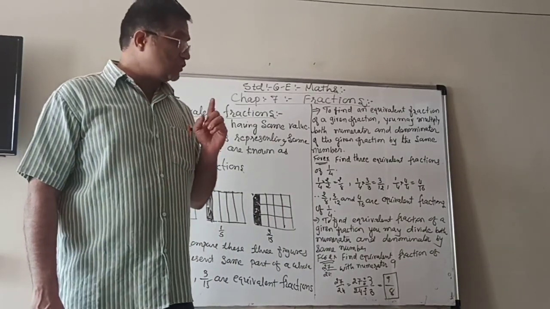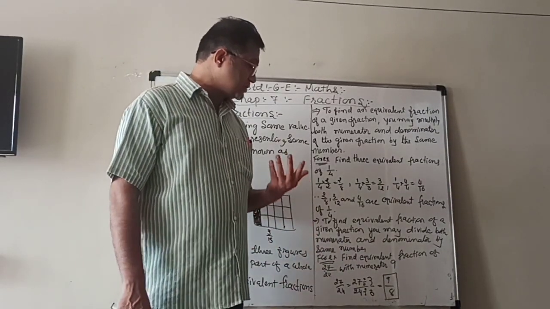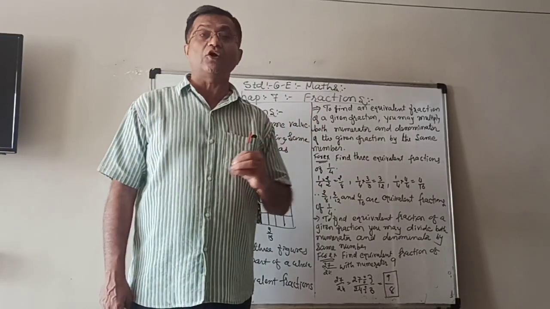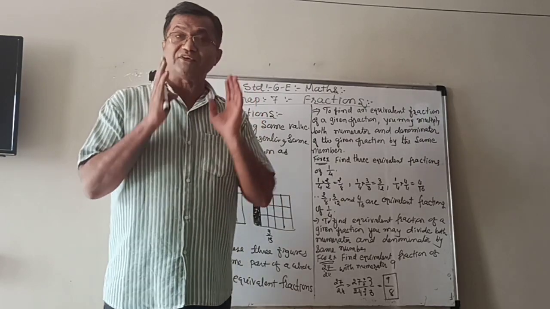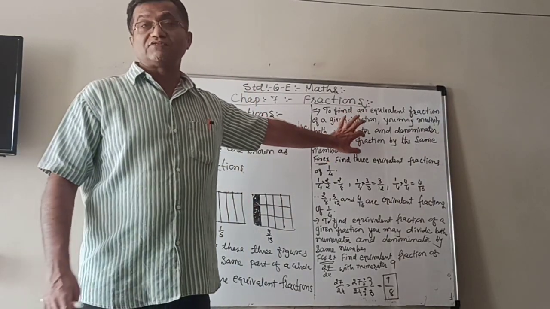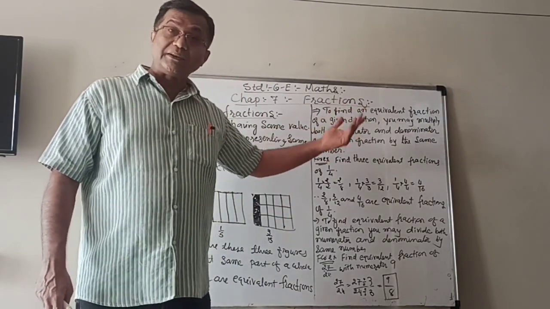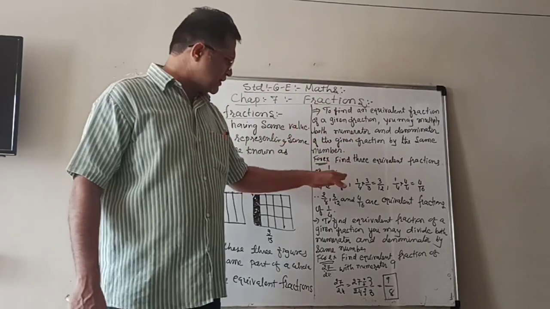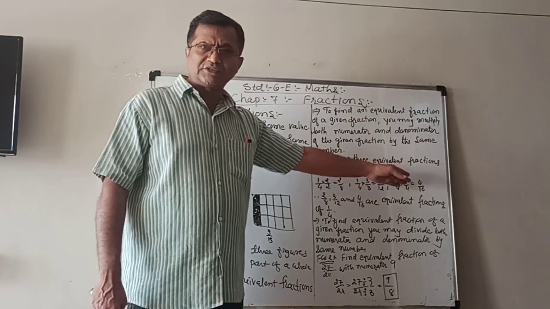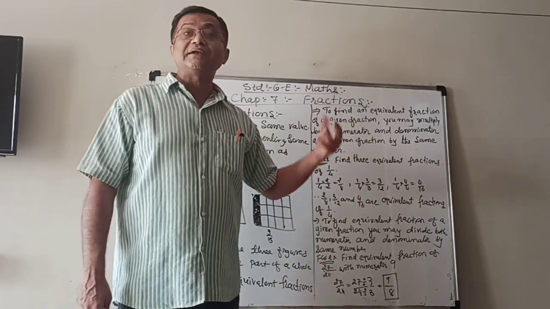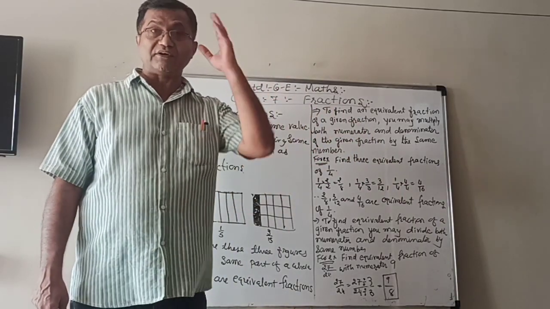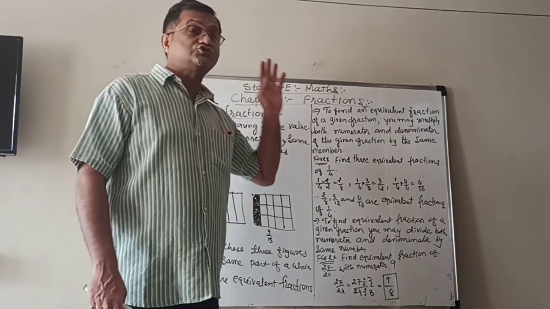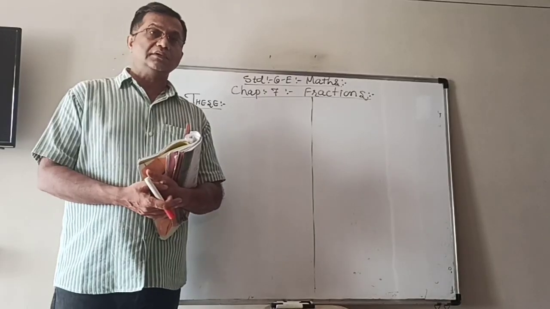So here you have to remember that this one will be used only on some special occasions. But generally, if they ask you to find the equivalent fraction only, you will use the multiplication method. It is easier to multiply with the same number. It is not necessary that I take 2 upon 2, 3 upon 3, 4 upon 4. You can take any number like 2 upon 2, 3 upon 3, 7 upon 7, 10 upon 10 and so on.